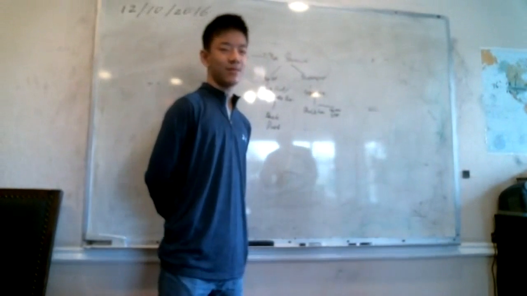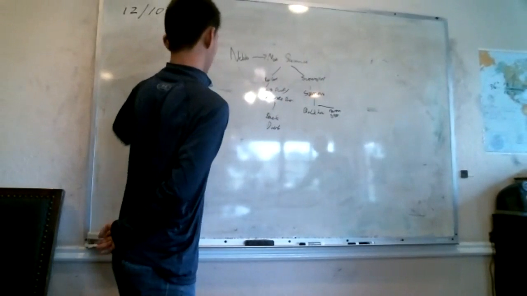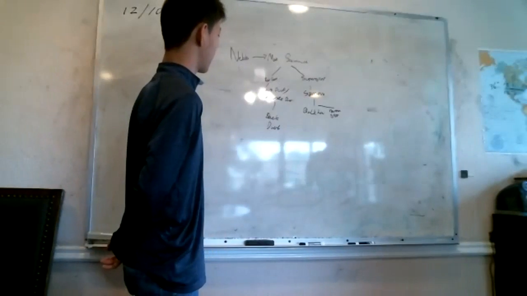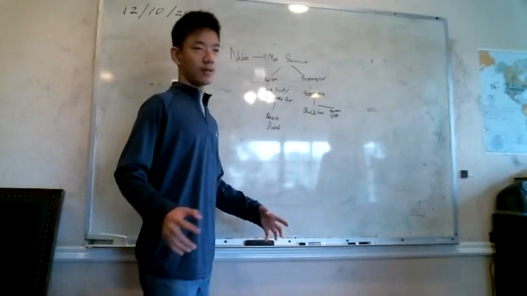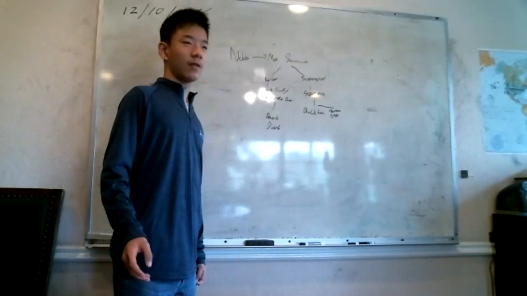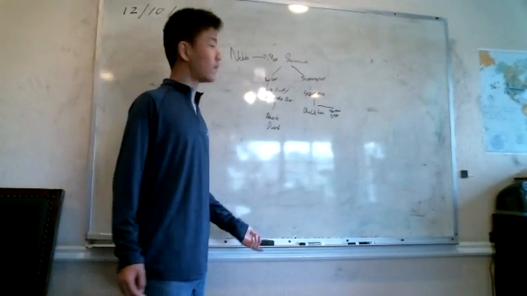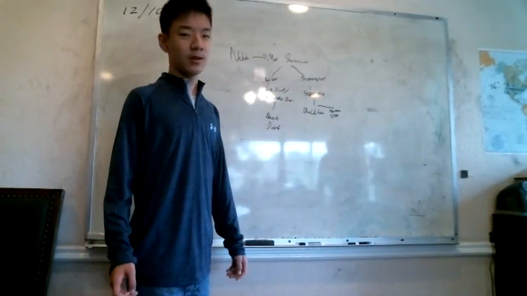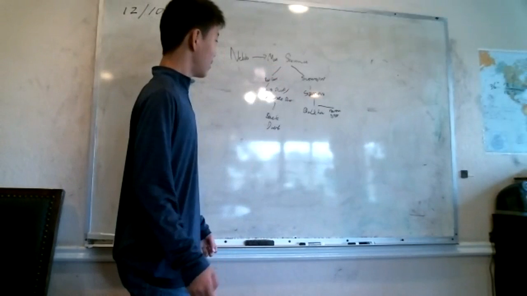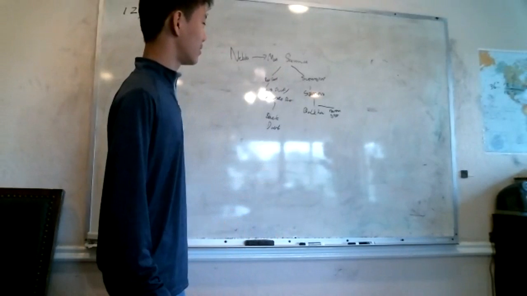Go ahead. Okay, so I'm talking about the life cycle of the star. The beginning stage is nebula. It's basically where all the hydrogen gas is spread out throughout the universe. And after millions of years, the hydrogen starts clustering together due to gravity. And when it becomes strong enough, it forms the main sequence star, which is most of the lifetime of a star. And so it starts fusing hydrogen and helium, and then so on until iron.